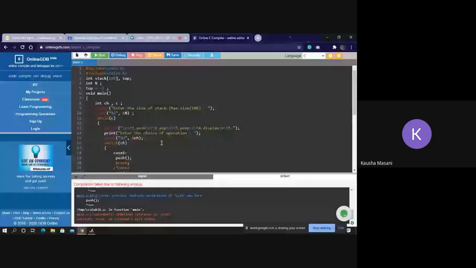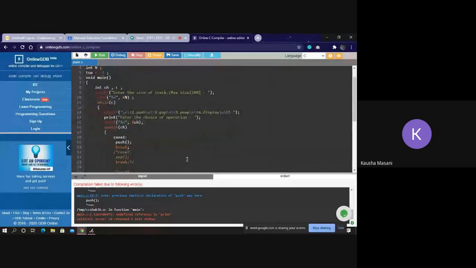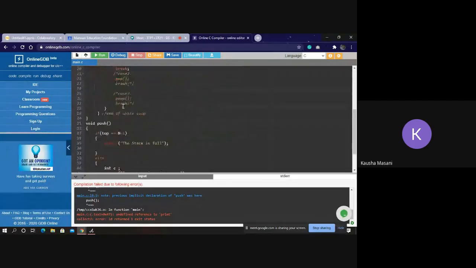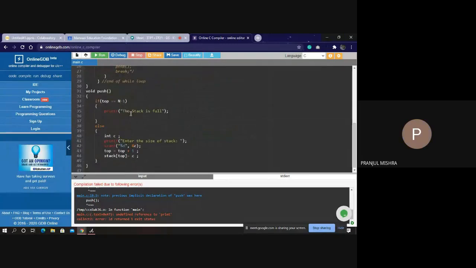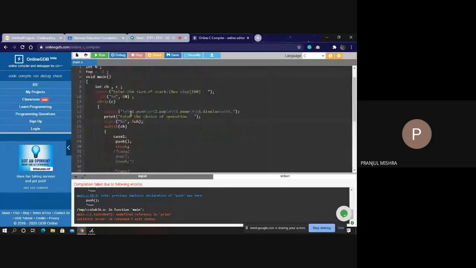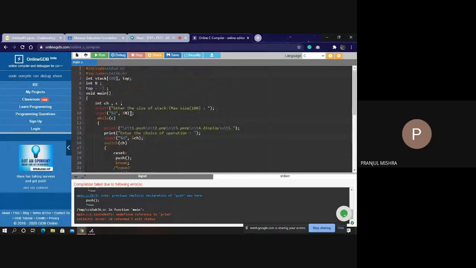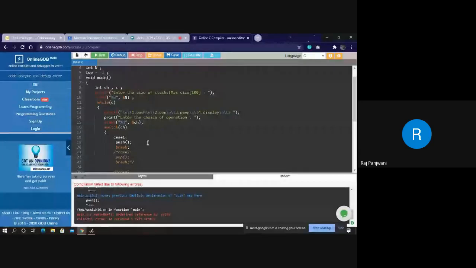Where it is showing you undefined reference print, where have you written print? Go and check your printf statements. Where have you written print? I think nowhere, ma'am. I have already just written print everywhere. 14th line print लिखा है.